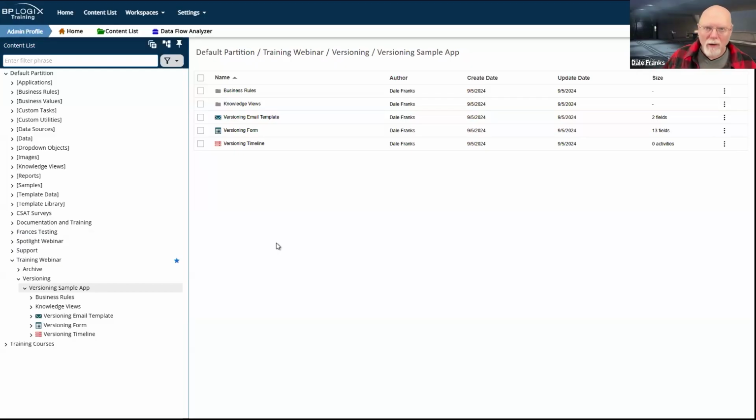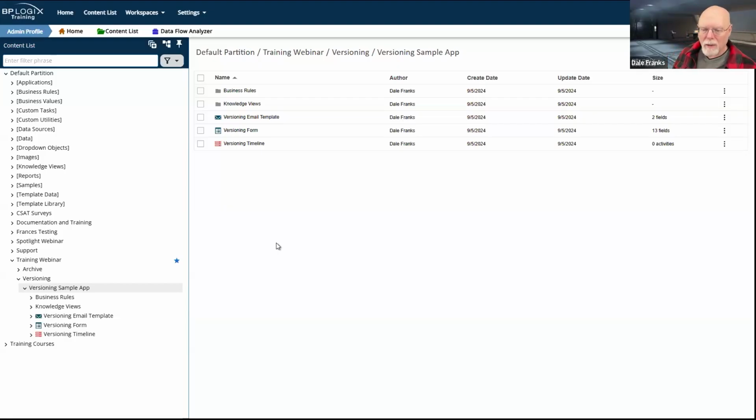And so once I import my form, okay, that might fail because something that didn't import with the timeline might be required on the form. So now I've got the form in and I've got to go back and re-import the timeline. And so I might have to do multiple imports of the form and process timeline until all of those errors are cleared. That's way inconvenient, and you don't need to inconvenience yourself that way.